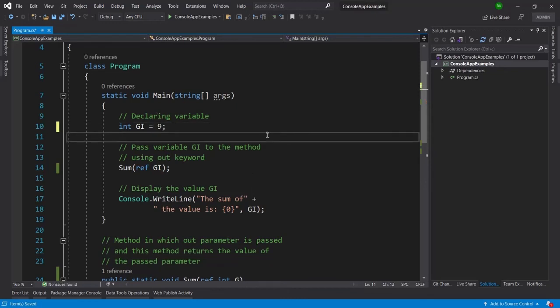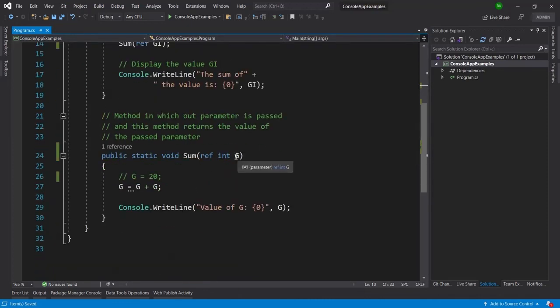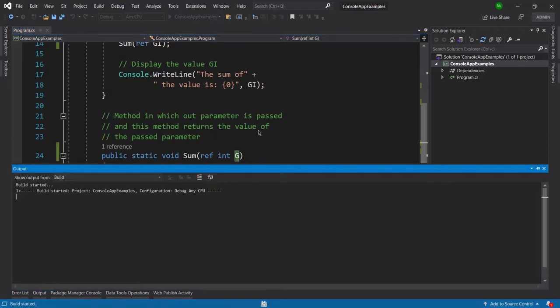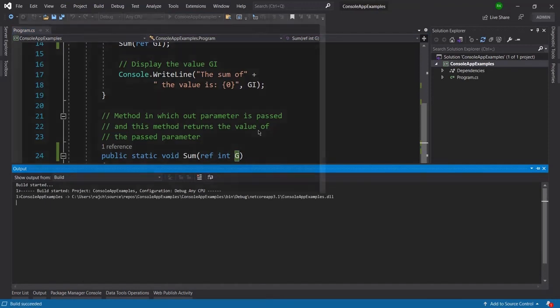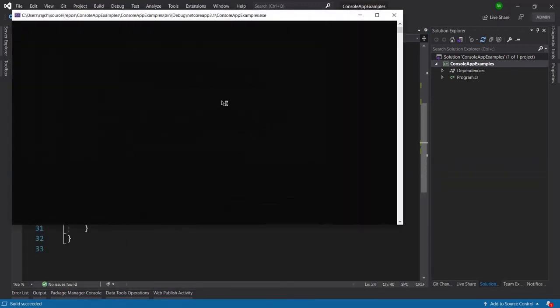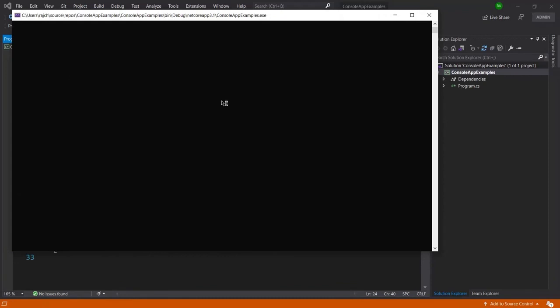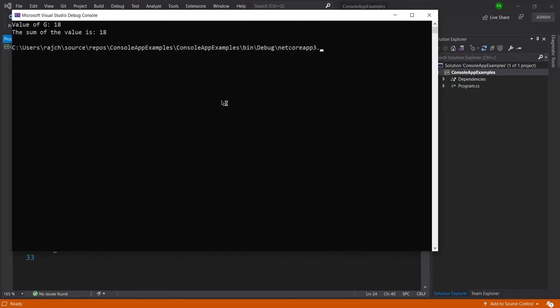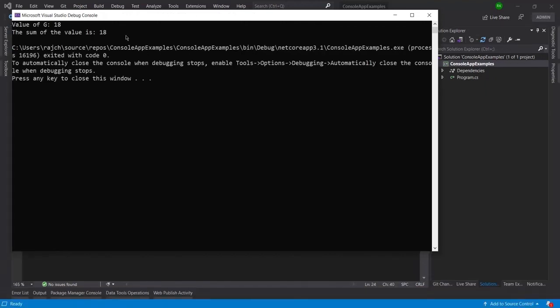Okay, and now I am not getting the error, and here I have passed 9, and now I will be able to transfer the value from there to here. So let me run this. So you can see now 9 plus 9 comes to 18, and both of these are reference type variables, and because of that the value gets changed at the same address in memory.